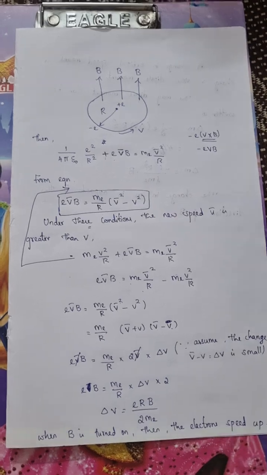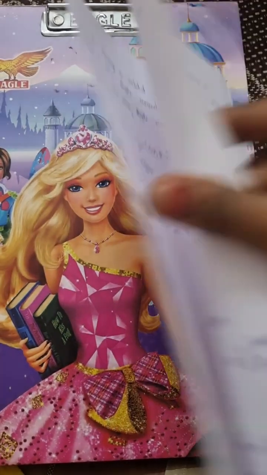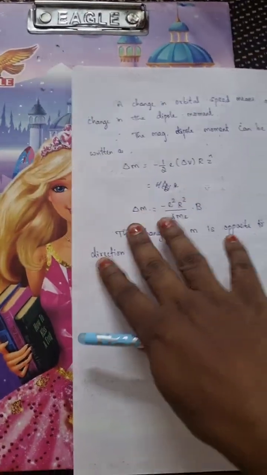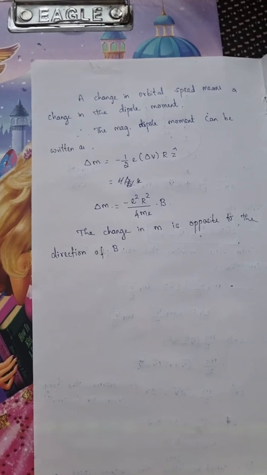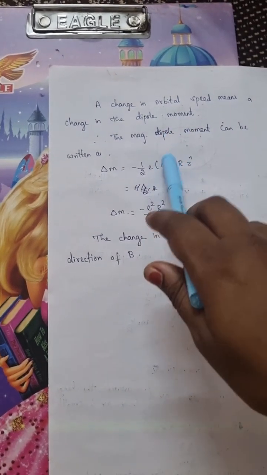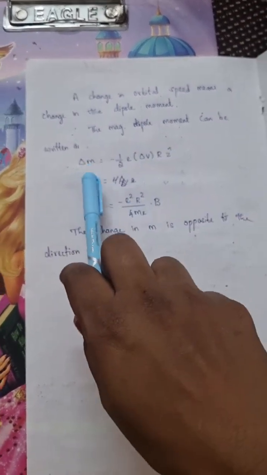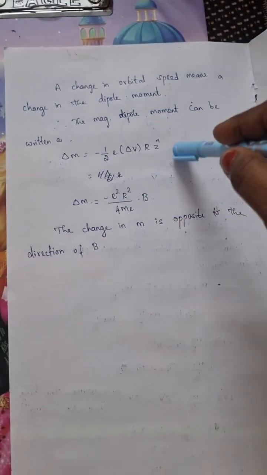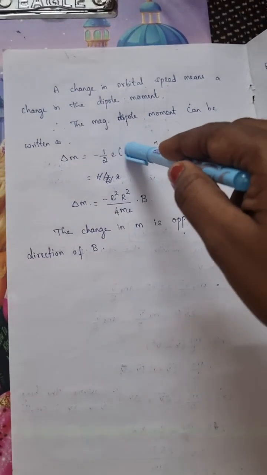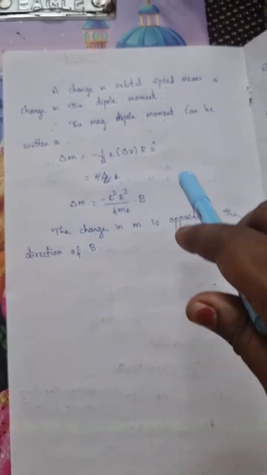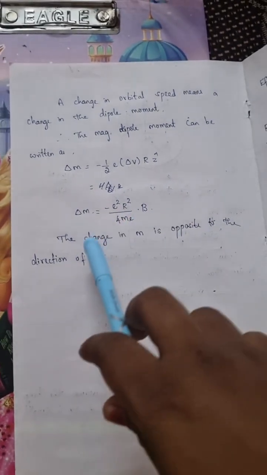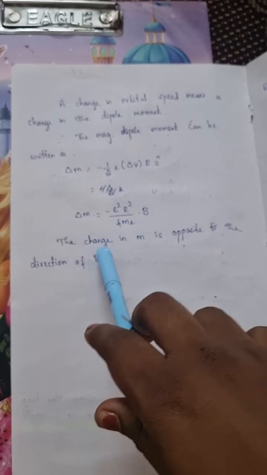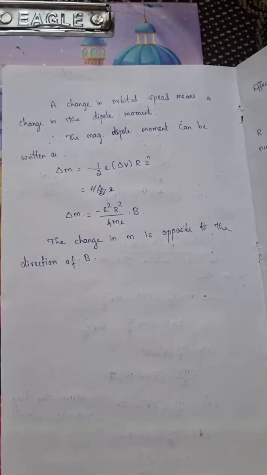So when B is turned on, the electrons speed up. A change in orbital speed means a change in dipole moment, so automatically the dipole moment also changes. So delta m equals minus 1 by 2 e delta v r z. Substituting the value of delta v, we get minus e square r square by 4 m into B. Notice that here the change in m is opposite to the direction of